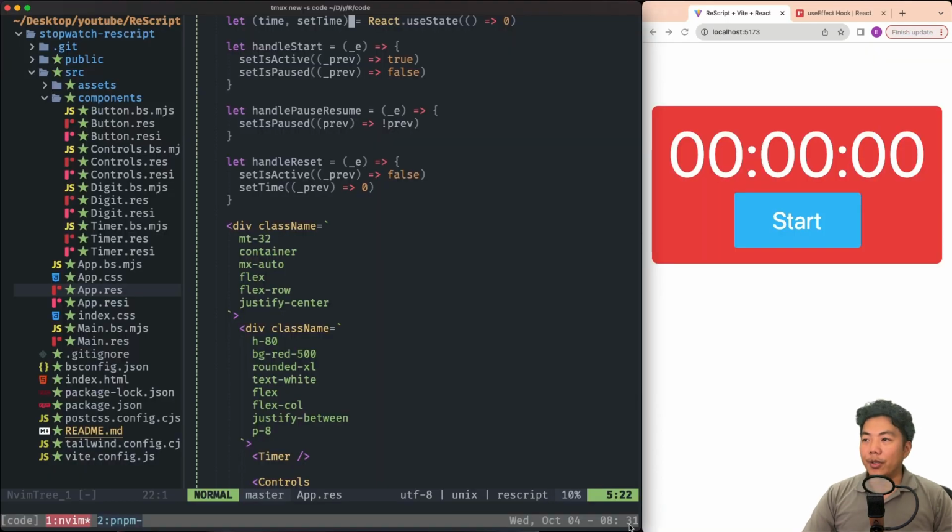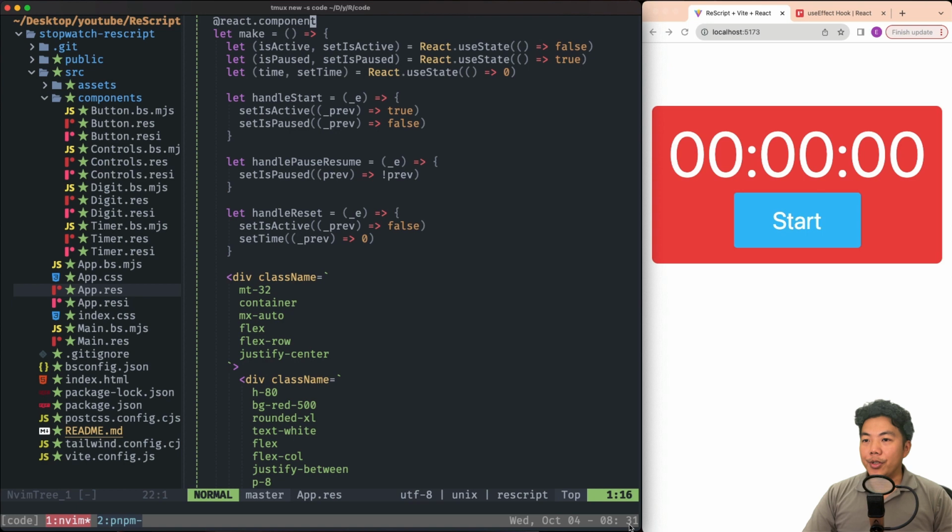Now back to the code. We're going to use React useEffect1. Why? Because we have two dependencies here, that is isActive and isPause. Both of them are of the same type, which is Boolean. So we can use React useEffect1.